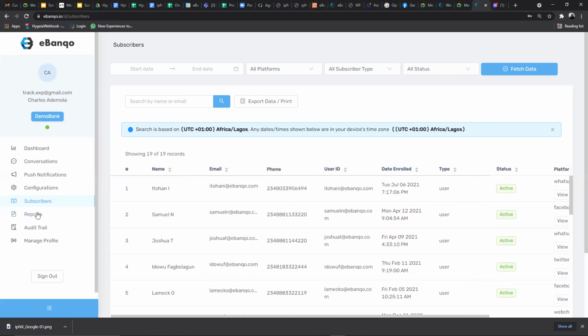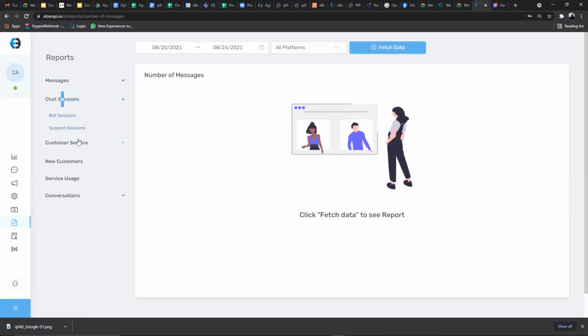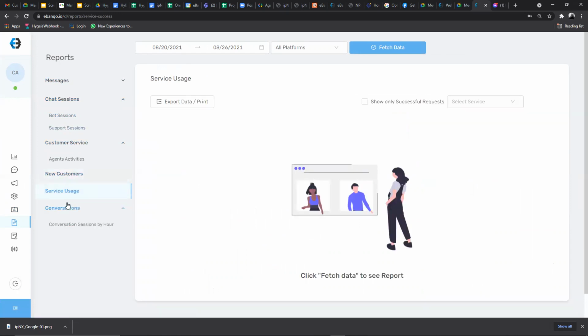And we have things around reports. So you can go through the reports. We have the chat sessions report, we have the customer service report, we have the new customer report, we have the service usage report, and we have the conversations report, right? So let's just look at just 2 of the reports. The support sessions report shows you